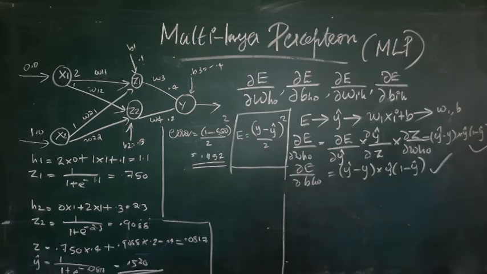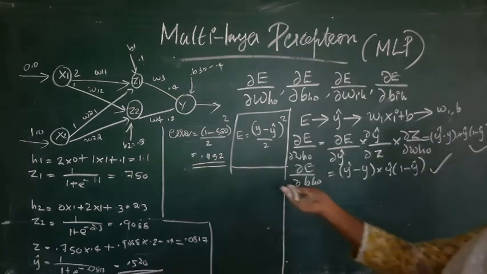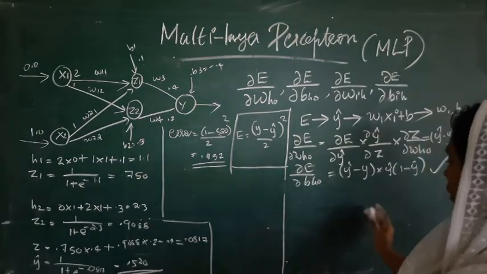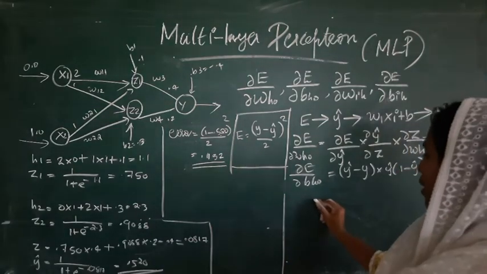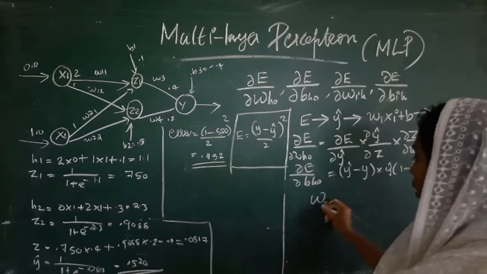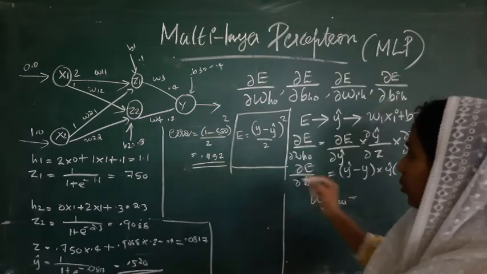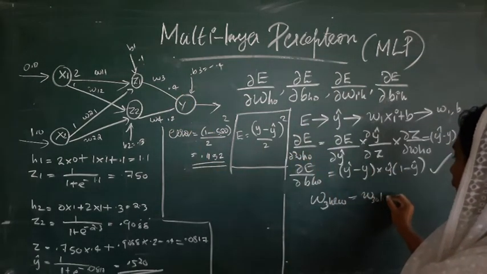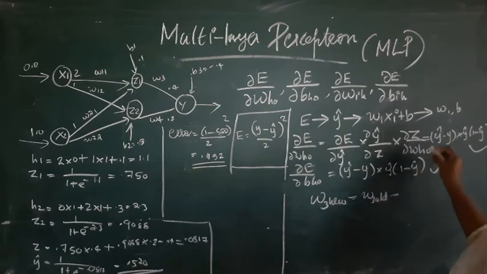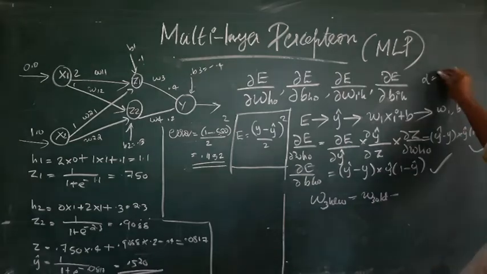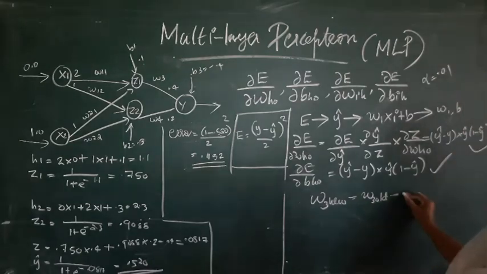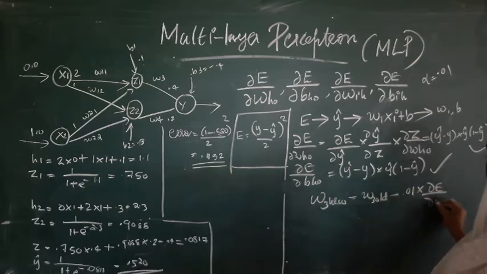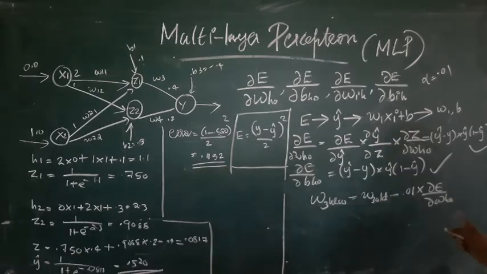Is this derivation clear? Now we have to take this forward. If we get this value, we can update the weights directly here. See, the new value of W3, the W3 new, that is a hidden to output layer weight, isn't it? It will be W3 old minus some learning rate. There is a parameter called learning rate, it's a hyperparameter. You can choose any value for alpha, but the typical value that we are choosing is 0.01. So 0.01 into dou E by dou W3, that is the derivative of error with respect to weight.